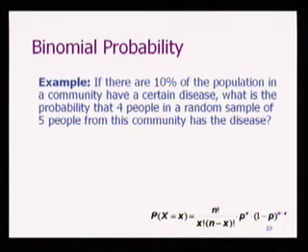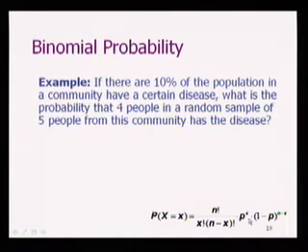Right? Do you believe me? Okay, and they're independent of each other. This time you select a person who has a disease or not, would that affect the next time you select a person, whether this person has the disease or not? Okay. Now, I can use this formula to solve the problem because I know that this is a binomial experiment. For doing binomial probability, I need to know what n, x and p are.